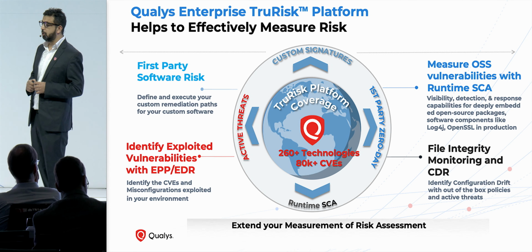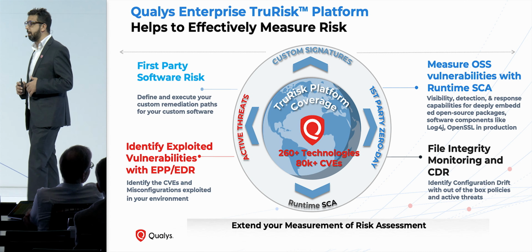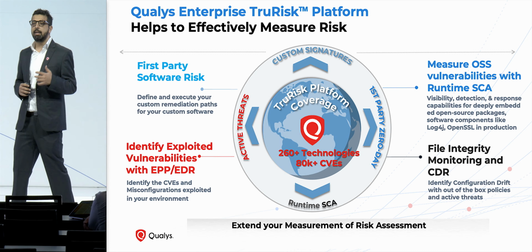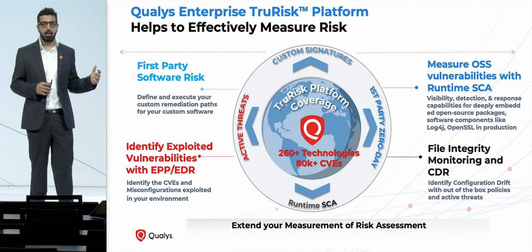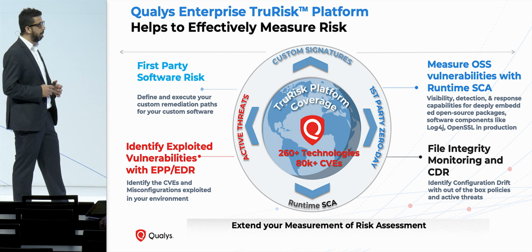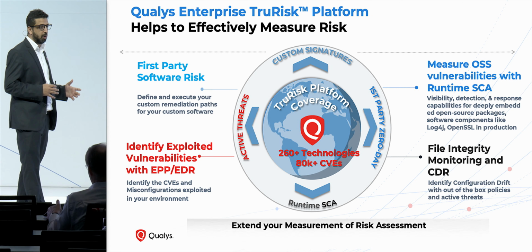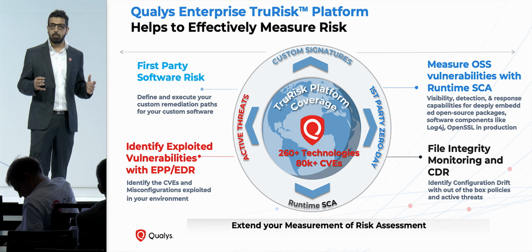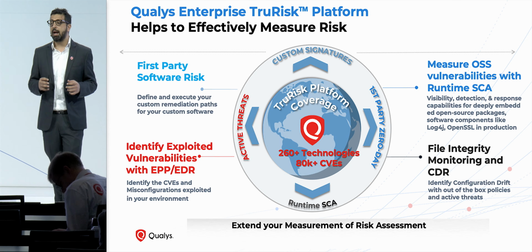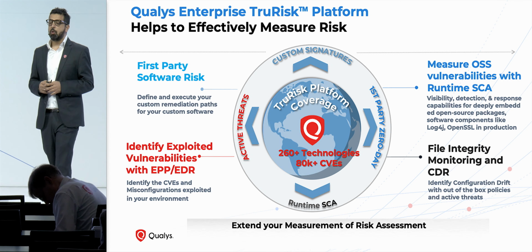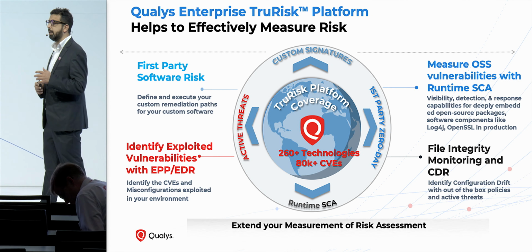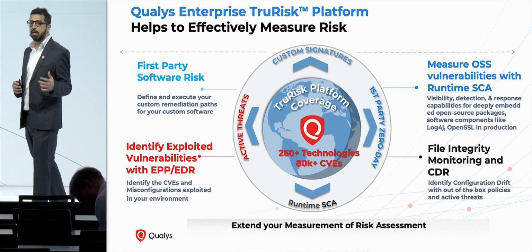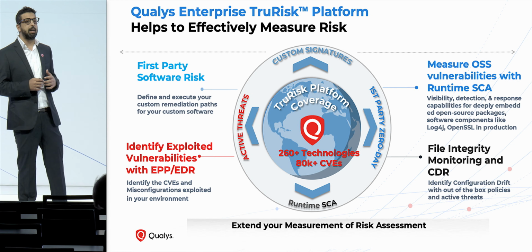The next step which you should definitely do, and this is becoming more and more common, is the vulnerabilities associated with the open source components. In the realm of modern software development, OSS has gained a lot of prominence. More than 90% of the contemporary code bases contains OSS, and more than 40% of them have exploitable vulnerabilities. Qualys now has provided an option where you can just activate SCA on your agents, and you will be able to get the complete information of